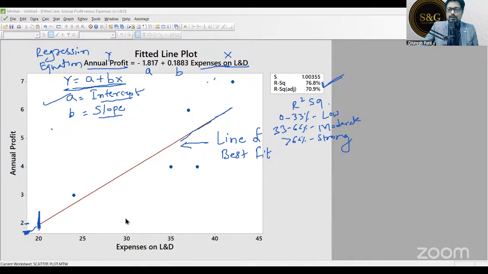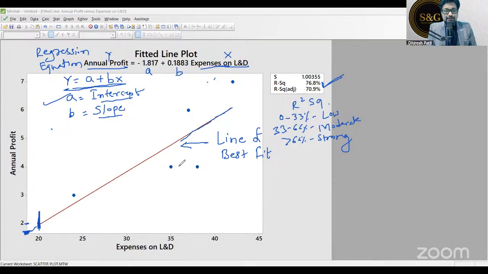Now, coming back to slope. If I change 1 unit of x, for example, in the taste of tea and the quantity of sugar. What is 1 unit of sugar? It can be a tablespoon. A teaspoon of sugar can be 1 unit. If I add 1 tablespoon of sugar, how much impact is it making on the taste? How much average impact is it making on the taste? That is called the slope. The impact on y.